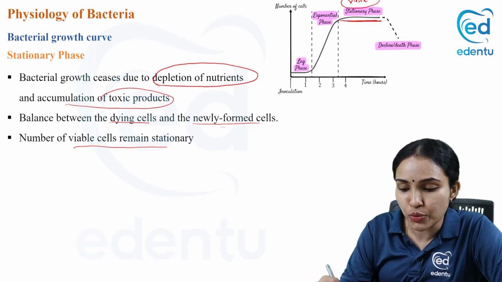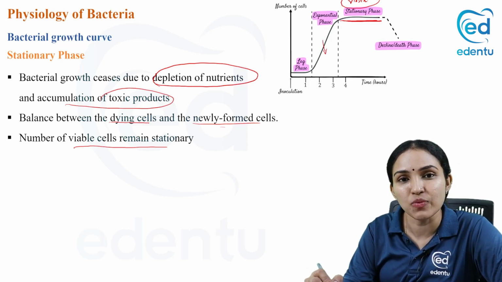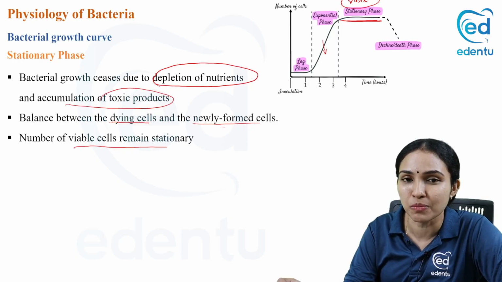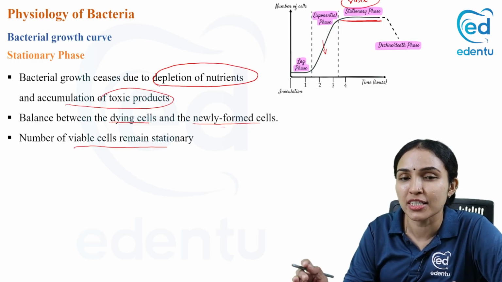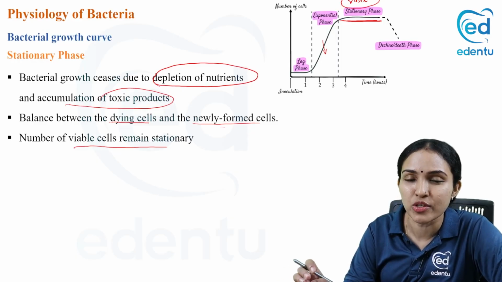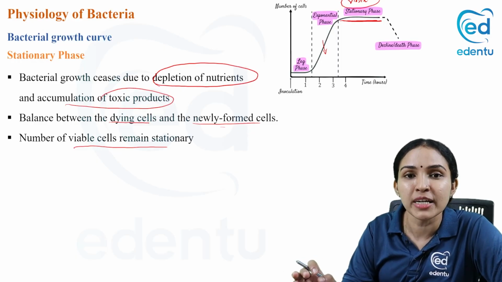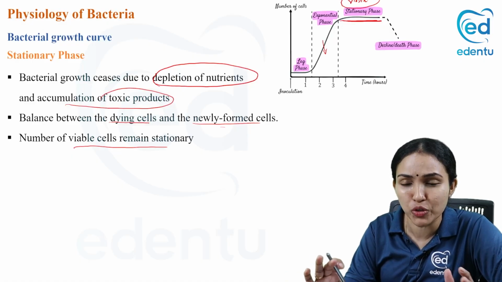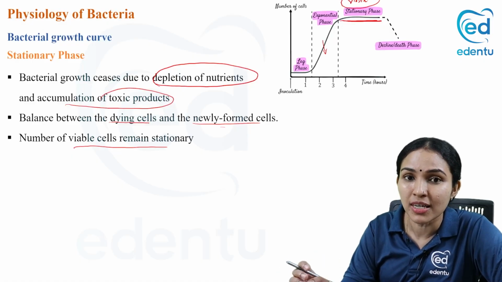One more thing you note: in the exponential phase, the bacteria is very happy. It is dividing with lots of nutrients. It is increasing in number. So that is the phase when bacteria look most beautiful in microscopic smears, in staining. When you do staining, all the bacteria will be uniformly stained, uniform size. All those beautiful features of bacteria will be available in the